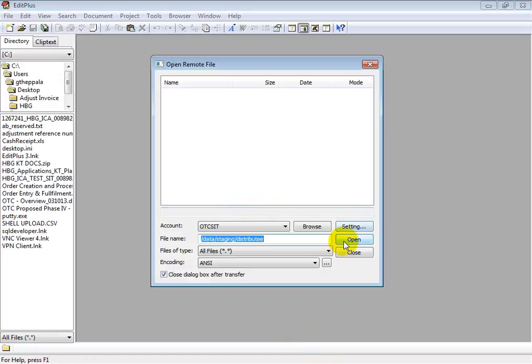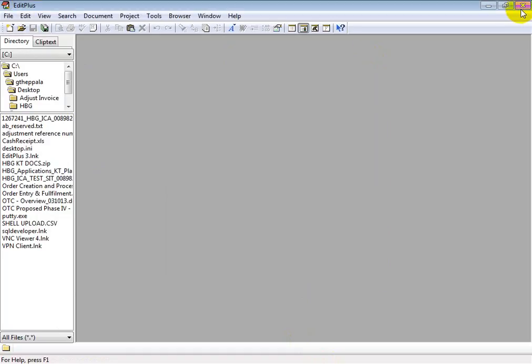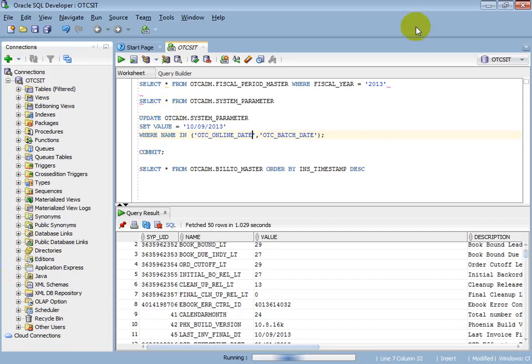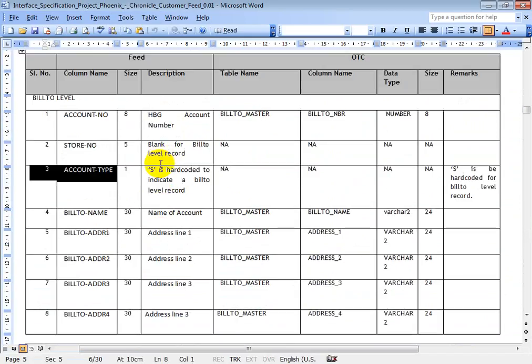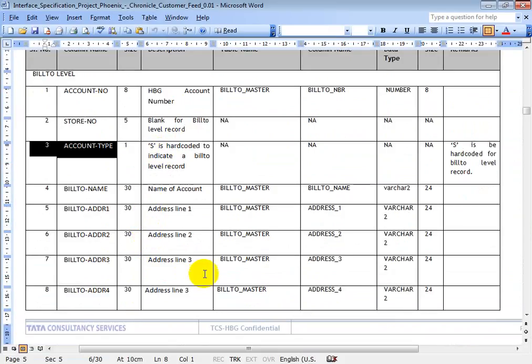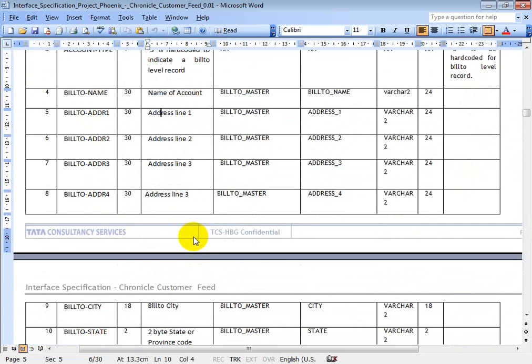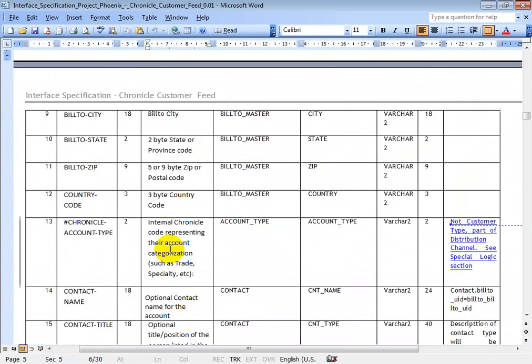You'll be able to easily understand. And also you'll be able to validate all the data. You just open this Chronicle customer feed, and whatever address information or bill to name you have provided, you will be able to see in the file also.